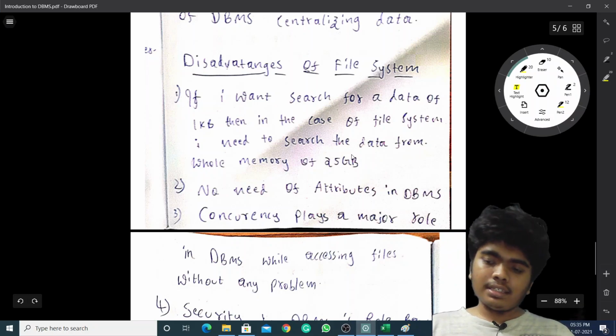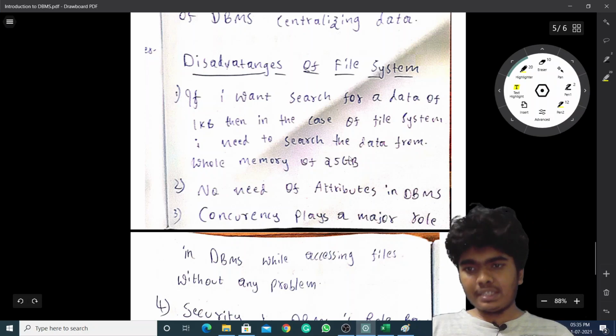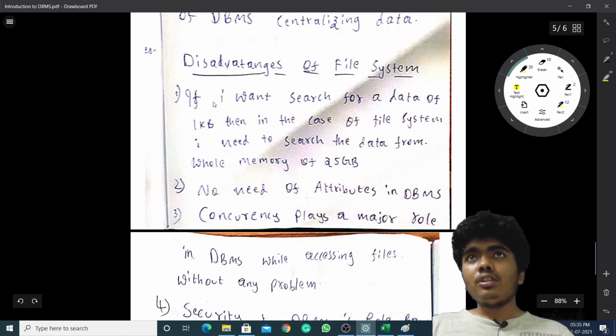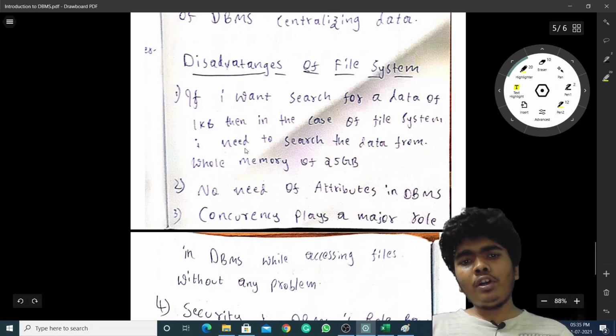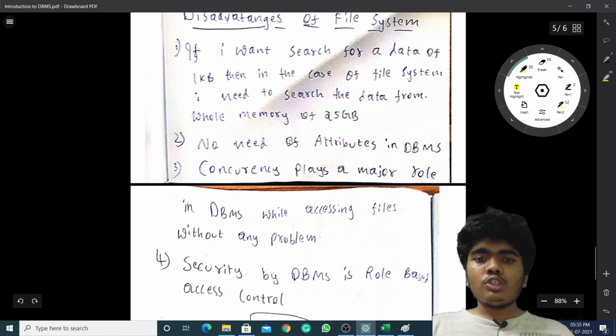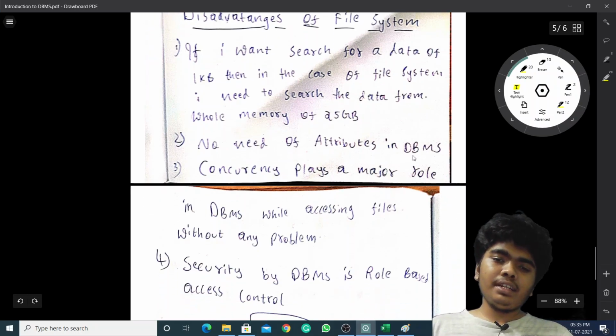In a server, only the folder we open to search is opened, so the whole data is not searched. Everything stored in a DBMS follows particular algorithms, so searching takes less time than in a file system.